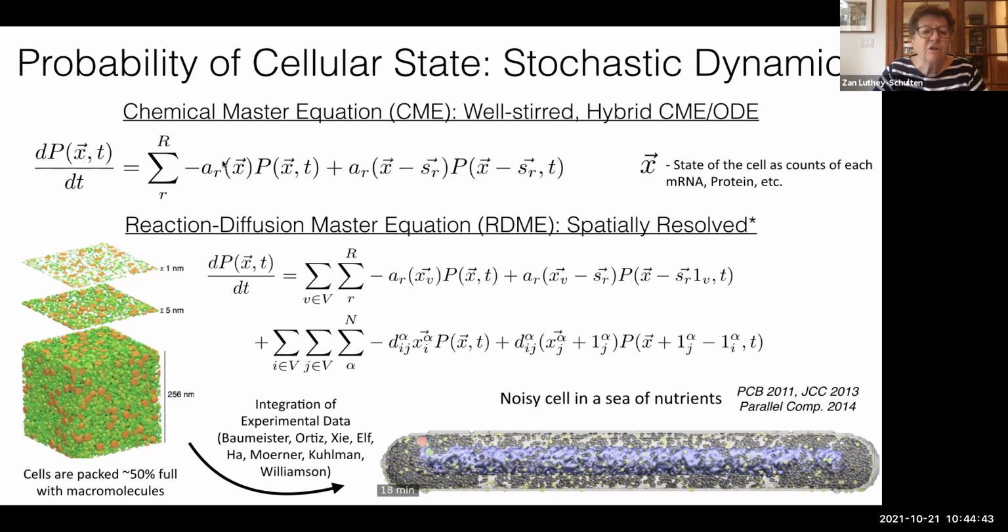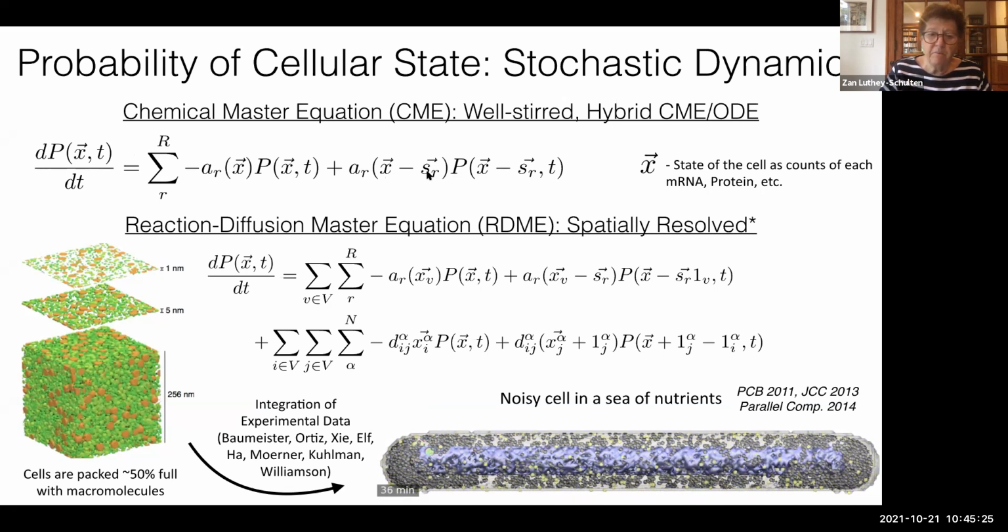And there are going to be reactions that are going to take you out of that state, and there are going to be reactions that are going to bring you back into that state. So this sum is over the reactions that you're considering. And here, as I said, everything is well stirred. And so that couples very nicely also to ordinary differential equations, where you do not have to take the variation or the fluctuations into account. You're not really solving, you're simulating the trajectory of this chemical master equation using the so-called Gillespie